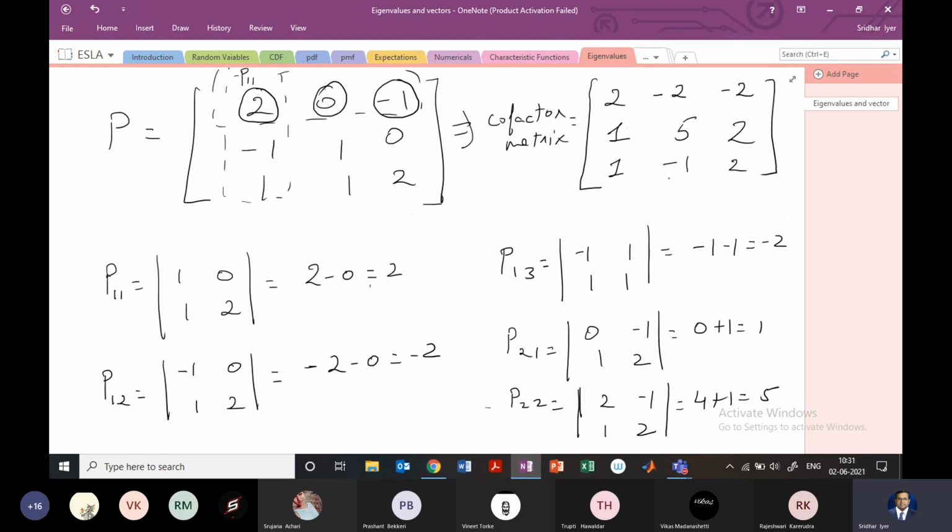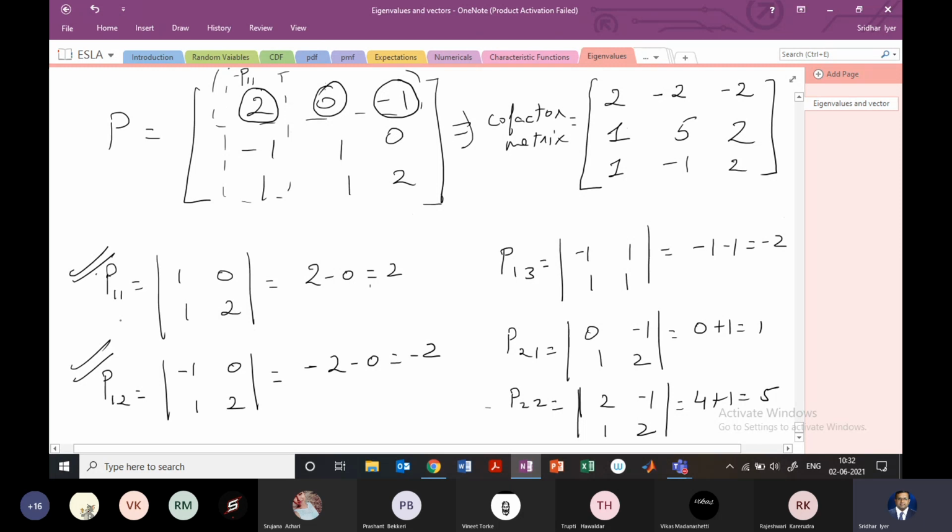Okay. So for those who have completed that, please don't do it directly like I have done. It is suggested that you write it in this form for each of them, because then you can easily go and troubleshoot where you want to revise again. So this is the cofactor matrix. The job is not done.